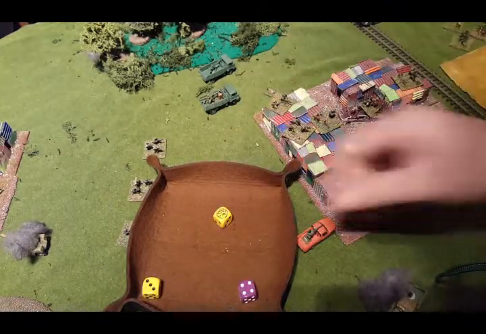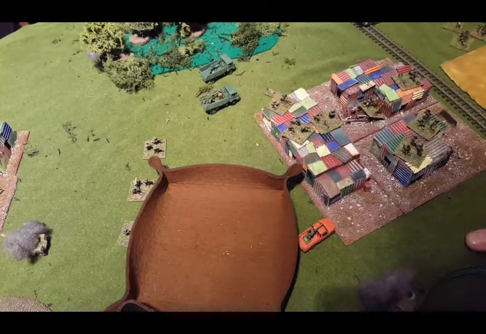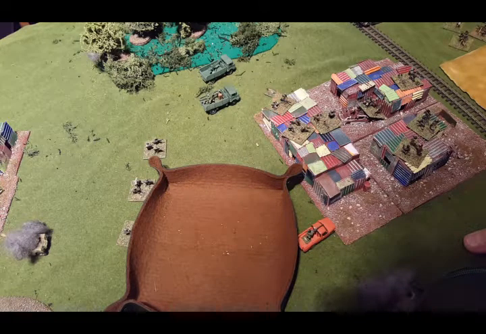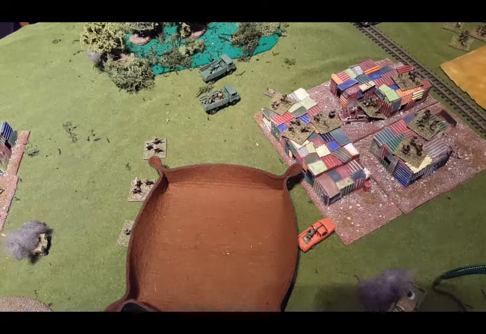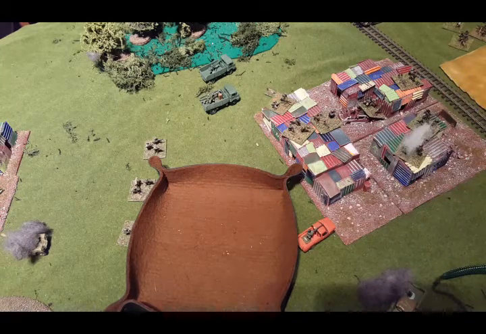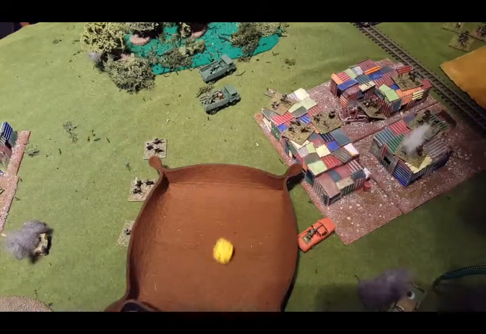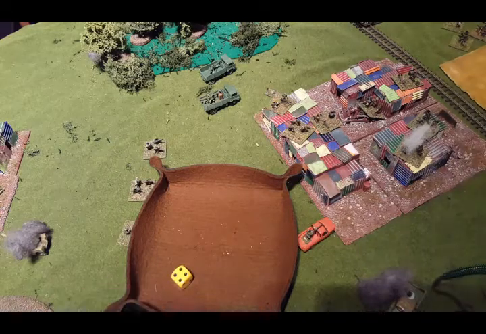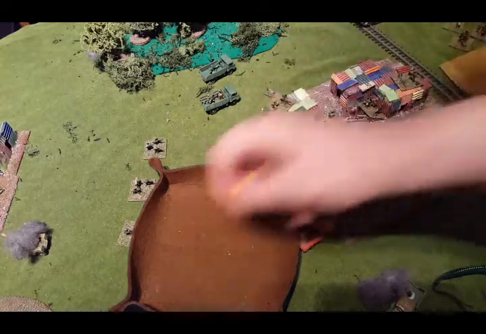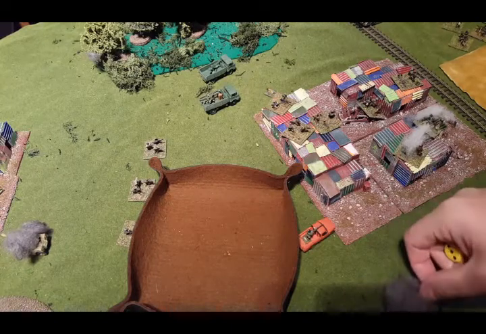HMG. 9 going down to a 5, goes up to a 6 for HMG, down to a 5 for cover, so that will pin a base, and there could be collateral here. So on a 4, 5 or 6, the base next to it is pinned also through collateral fire, and indeed it is, so that's really bad news. Doesn't seem to be any good news in this game at all for the Dictator's army,